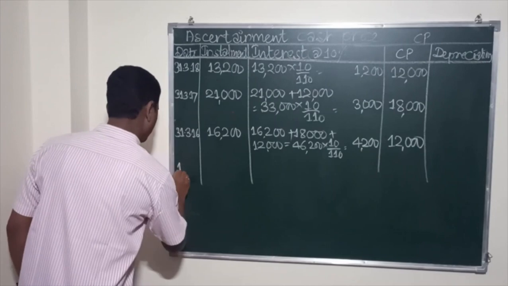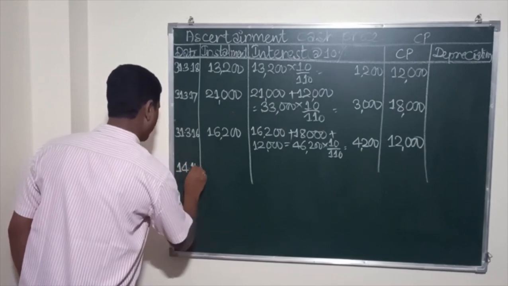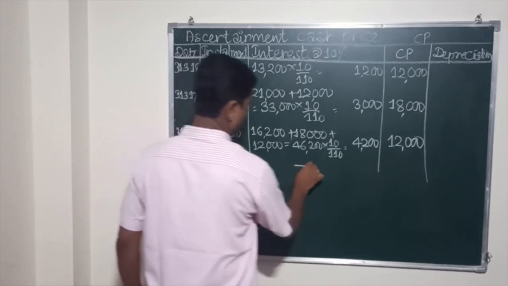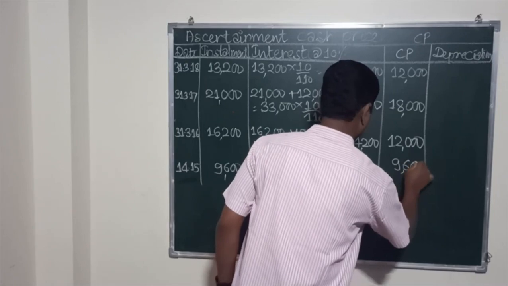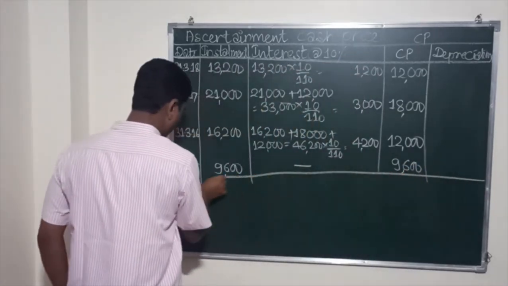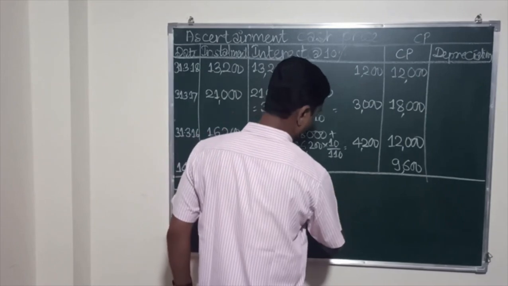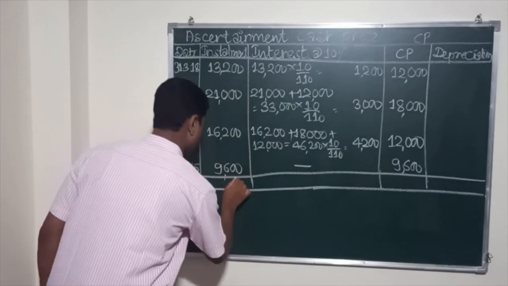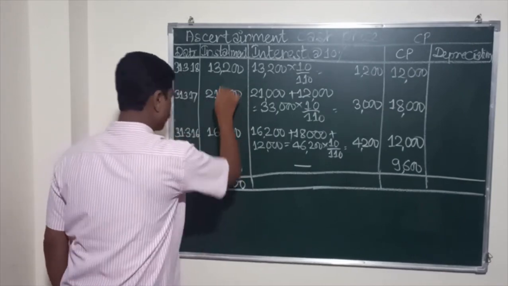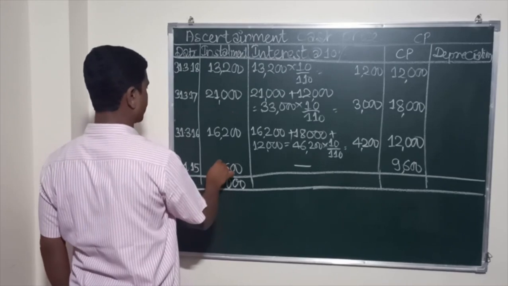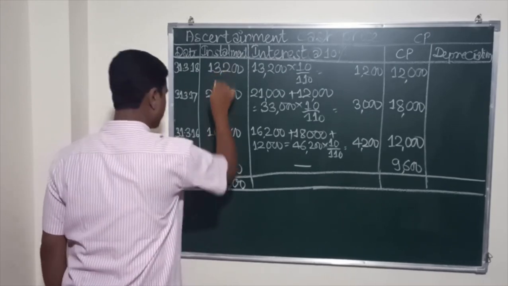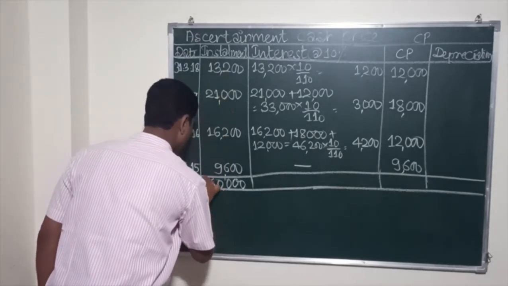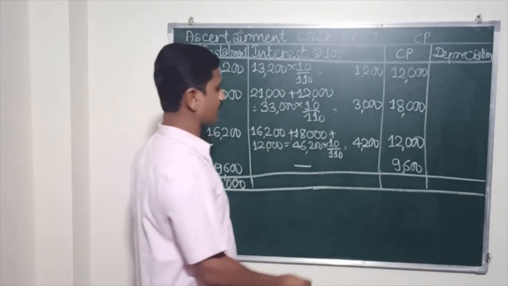Then the down payment on 1/4/15. The down payment paid is 9,600. There is no interest here, so 9,600. So now let us find the total of the same here. 0 0 here, 6 plus 2 is 8, 8 plus 2 is 10, carry 1, 9 plus 1 is 10, 10 plus 6 is 16, 17, 17 plus 3 is 20, carry 2, 2 plus 1 is 3, 3 plus 2 is 5, 5 plus 1 is 6. So 60,000 is the hire purchase price.